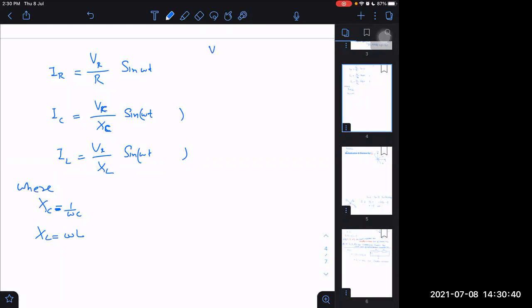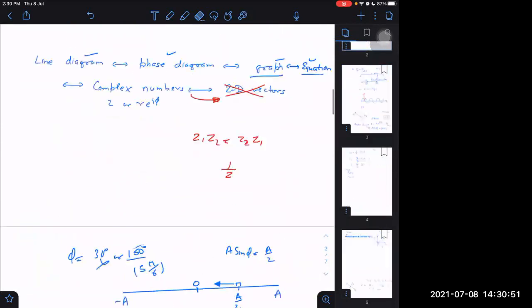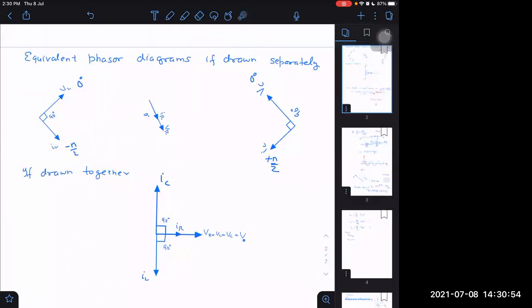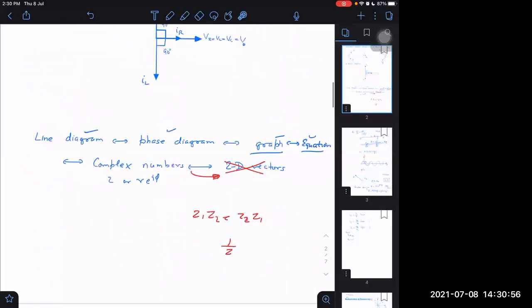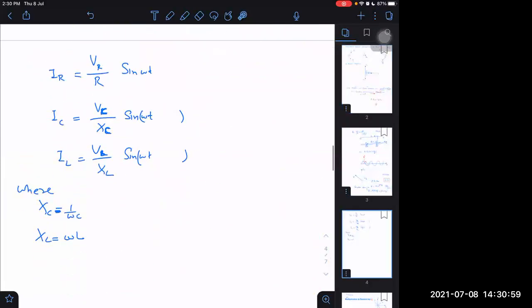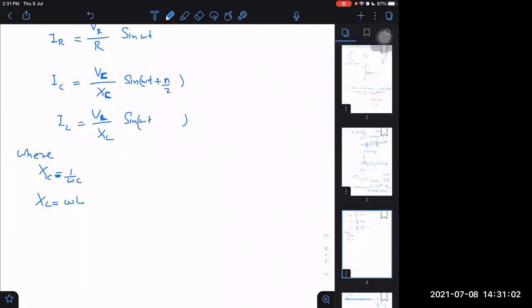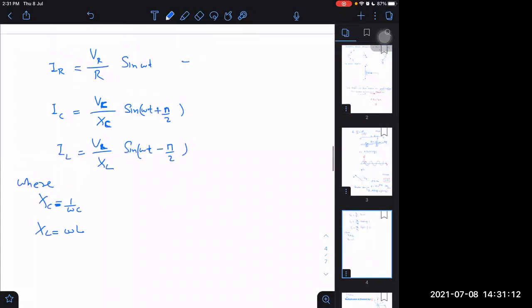It is not VR, it is VC, it is VL. Voltage across inductor. VR, VL and VC are all equal to V0 in our last example. From here you can get an idea what is happening. Yes, sir. Current will be leading here by pi by 2, and here current will be lagging by pi by 2. And here nothing, just zero phase only. Right, this is good. Now, is there any other way to represent it? Yes. Other way will be in phasor diagram or as a complex number.